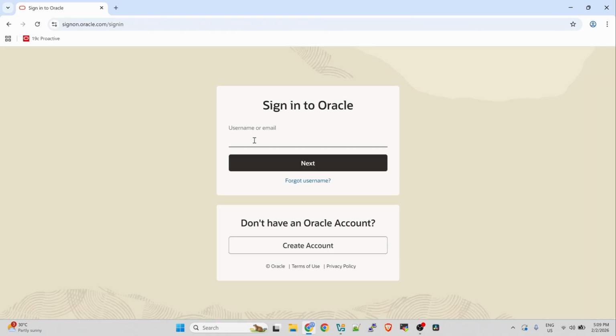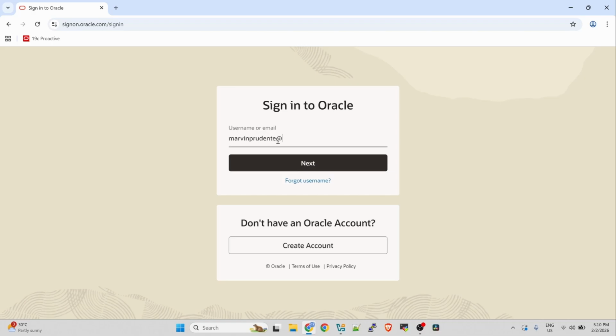You will be asked to sign in. If you don't have an Oracle account, you can just click create an account, then provide your email address and details like name, contact number, and other details about you. Then you will receive a verification email in your email address, and then just click that one, then you should be able to download it.